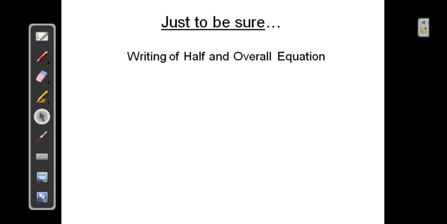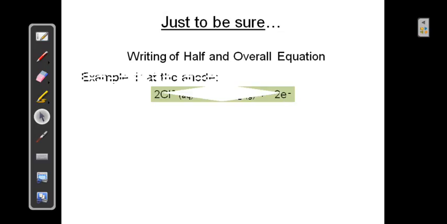We take for granted when we look at all the equations written and try to remember everything, but there is not much to remember, except that you have to know how to count all the ions involved and what products they produce. So as an example, we look at example 1. At the anode, this is how it is written: 2Cl negative, aq in brackets. So this simply means 2 chloride ions in aqueous solution